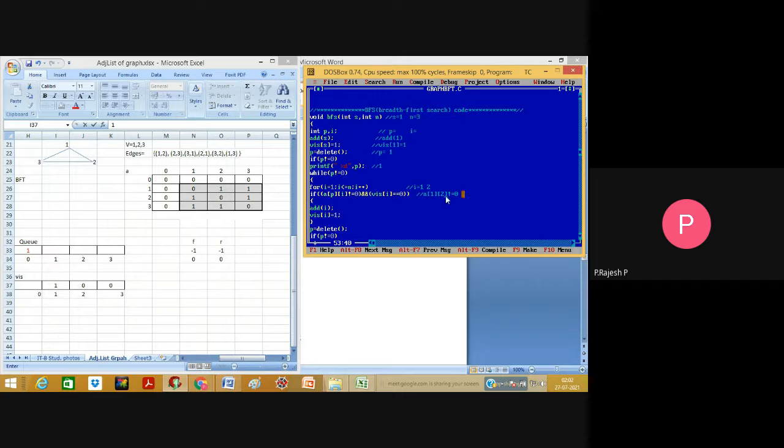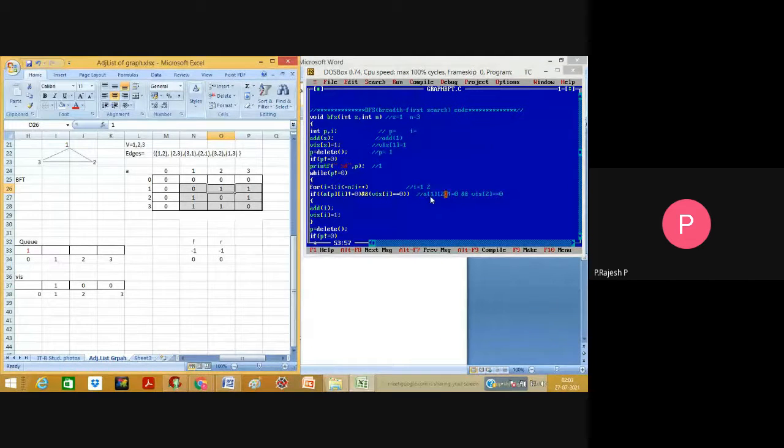And vis of i is nothing but 2, so vis of 2 is double equals to 0? That means a of 1, 2 is nothing but 1 right now.